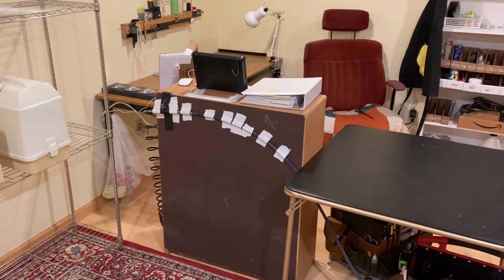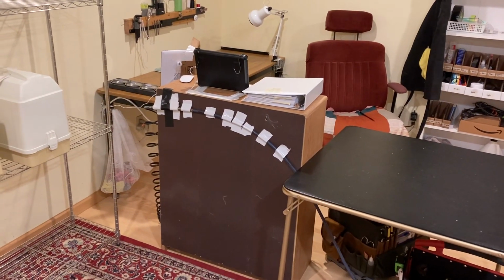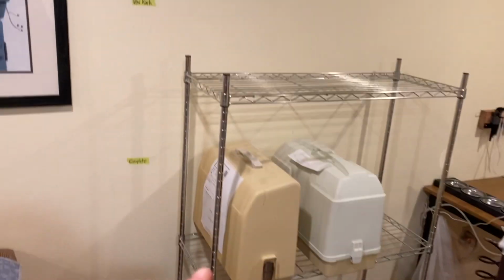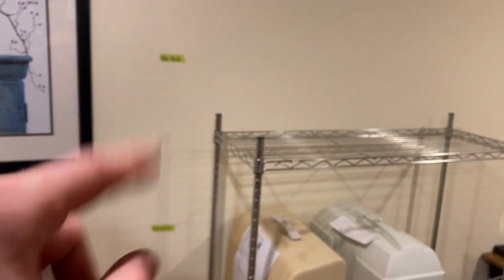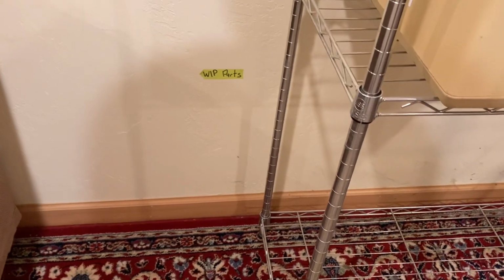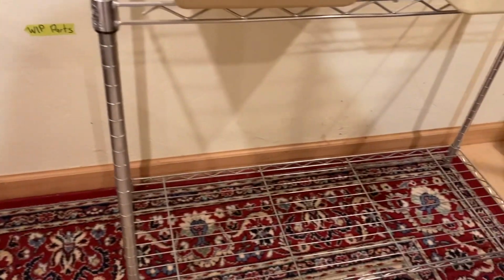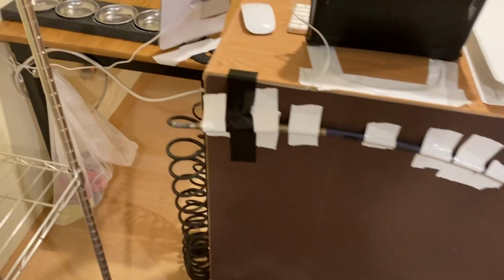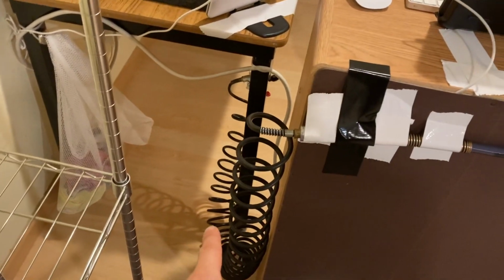So we're going to do a second update on my workspace here to see how things have progressed. I added this shelf here for new work at the top, complete here in the middle, and work in progress or waiting on parts here at the bottom. I did a video on how I got a lot of this stuff up off the ground, kind